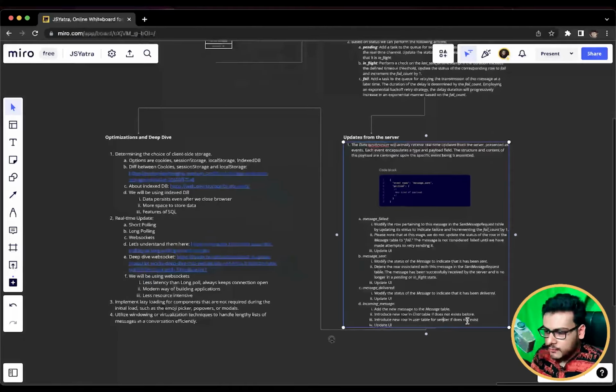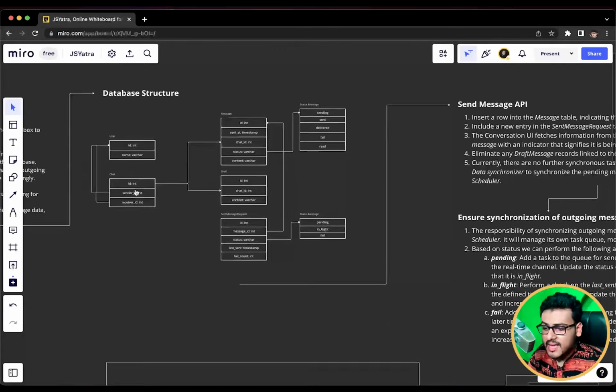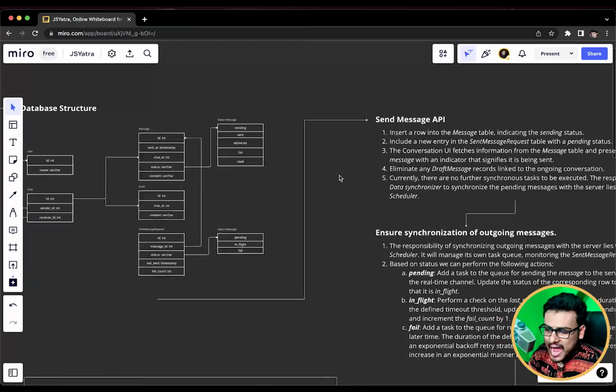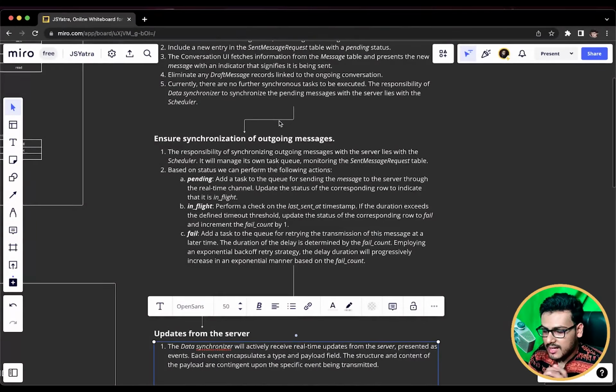And trust me, if you talk about all these things in detail in your interview, the interviewer is going to be highly impressed by your conviction and your thought process, because the trickiest part to explain in this chat application is these tables and the functionalities these tables are going to have. This is a very important system design part over here.